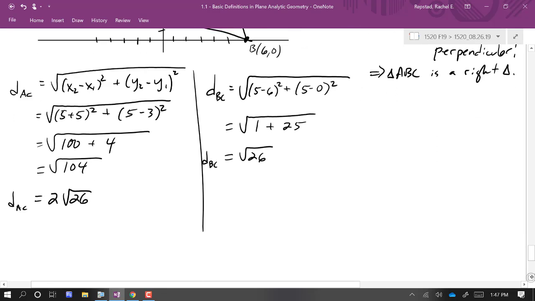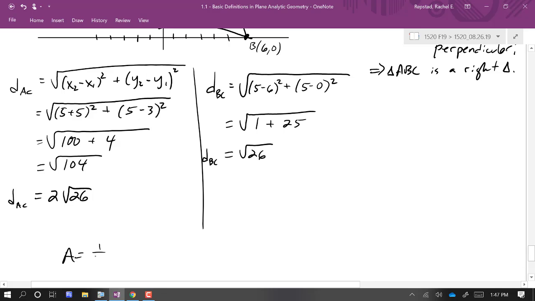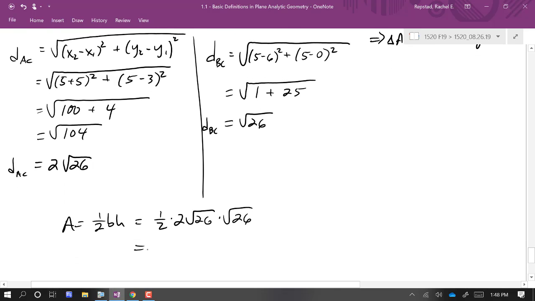So if we find our area, 1/2 base times height, we get 1/2 times 2 root 26 times root 26. You don't even need a calculator to do that one. Anybody know what we should get? 26, right? The 2 times 1/2 cancel, and if you multiply a square root by itself, we just get the number inside. That's by definition. If you had approximated these values while finding the distances and written down decimal approximations, you would get something very close to 26. So it would probably be just a little